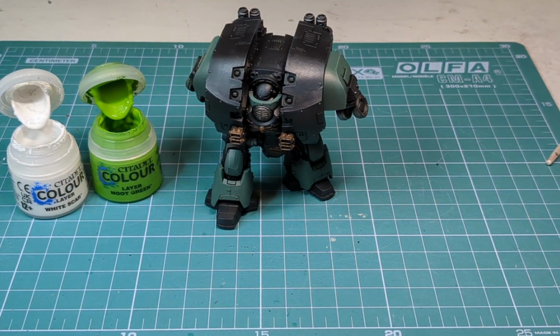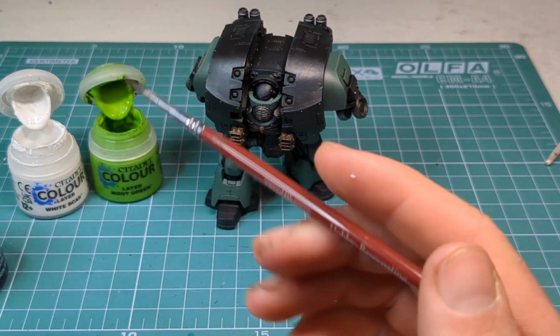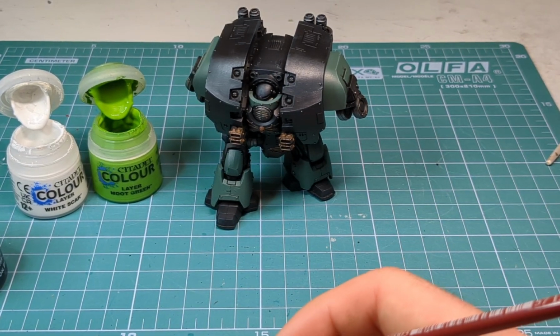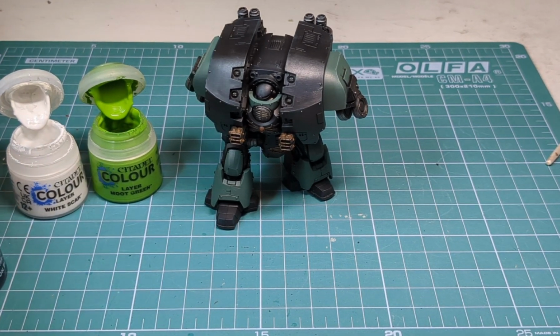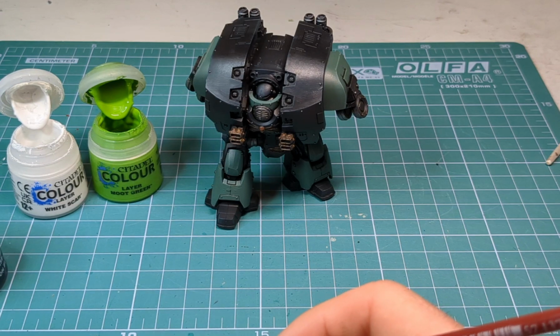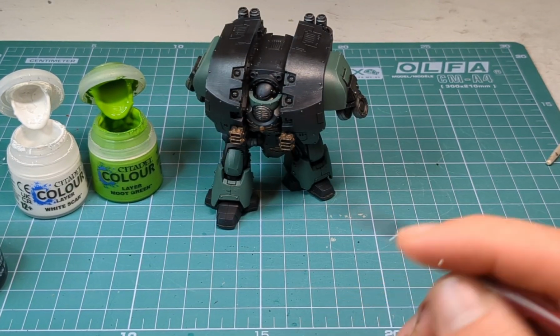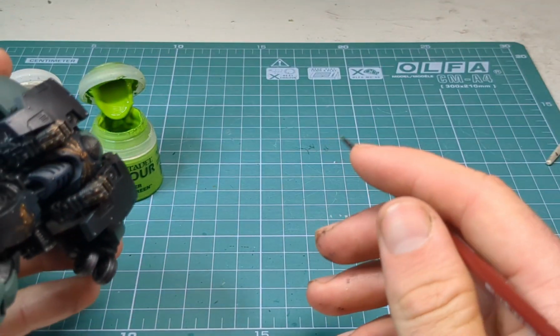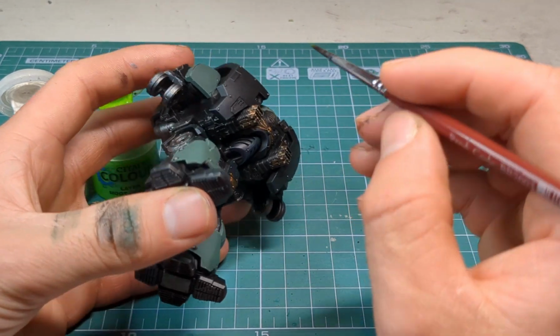I tend to do Volkite in the green, but if you prefer to do them in a blue, then simply grab a mid-tone blue, and again black and a white. And then from there you can mix in whatever shade you like. So, let's start out with a darker green,